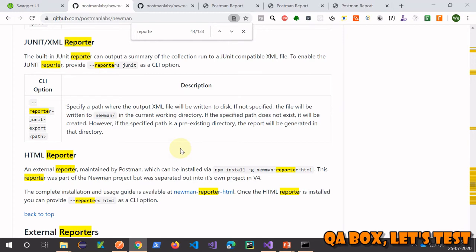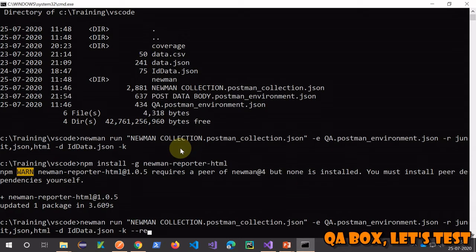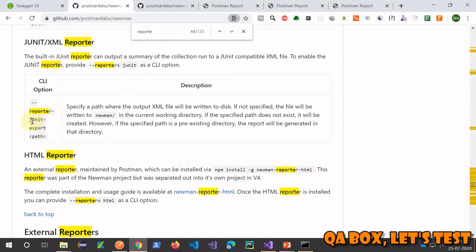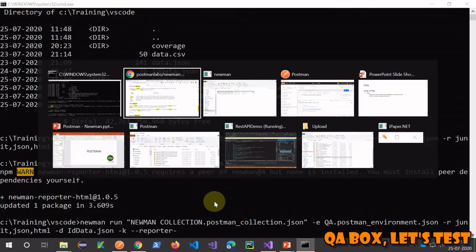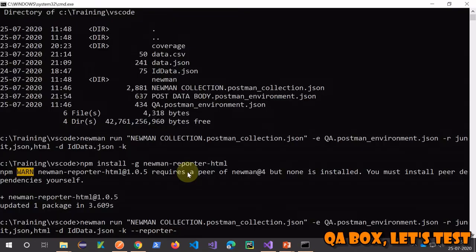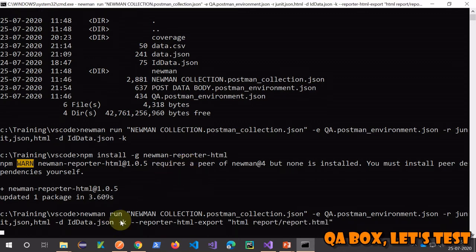so it's gonna be hyphen hyphen reporter, and as you could see, in case of JUnit it is reporter hyphen JUnit hyphen export and then the path. So in our case it's going to be HTML. Let's say we want to export HTML at a specific location, then we are going to provide the path. So I would like to create a folder here itself, HTML report, and then I would like to say report.html. That's the name of the file. Okay, so now when I do this,